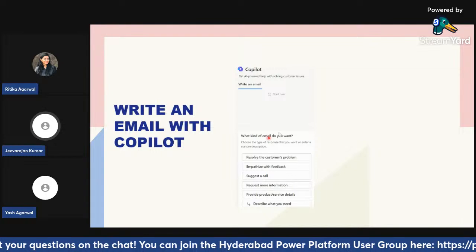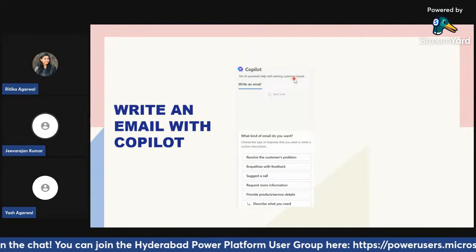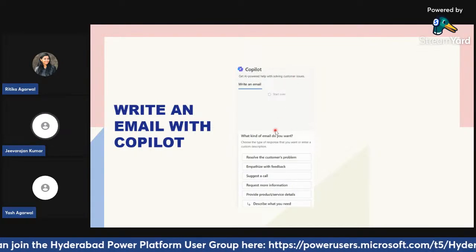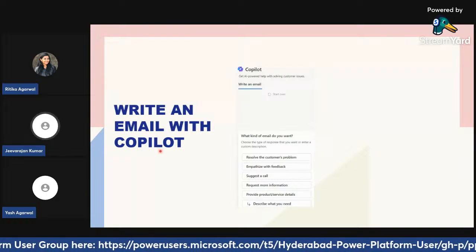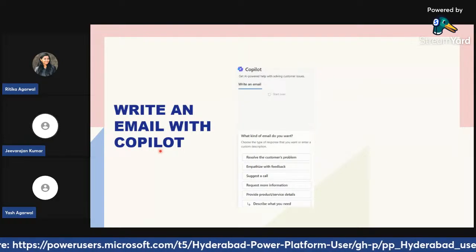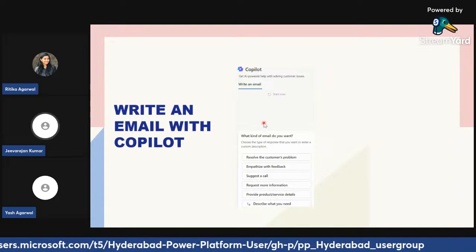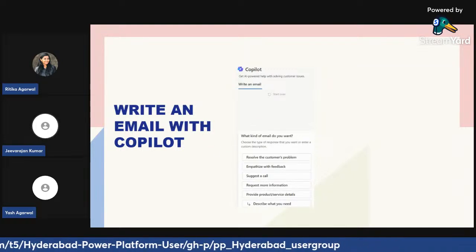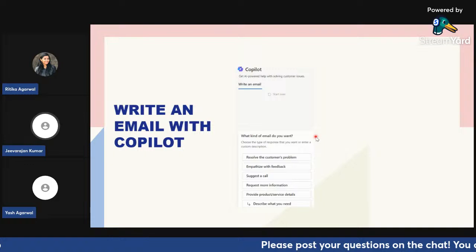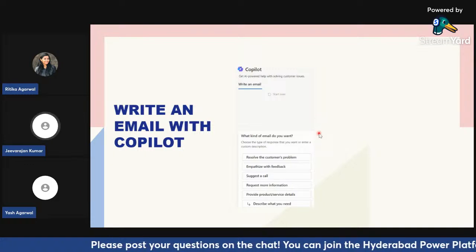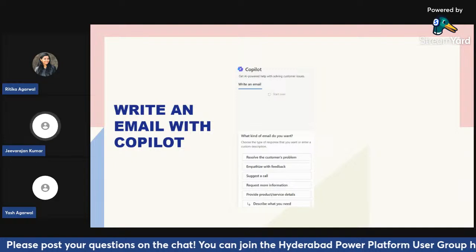And the second thing is also writing an email. Like if you can see, this is from the phone view, and you can see similar happens when we operate the Dynamics 365 customer service from the phone. As you can see, it's quite a straightforward guide and similar to what we saw in the desktop window. So this makes it more helpful and handy. It supports multiple devices as native Dynamics 365 supports, and this is quite responsive with the multiple devices as well.